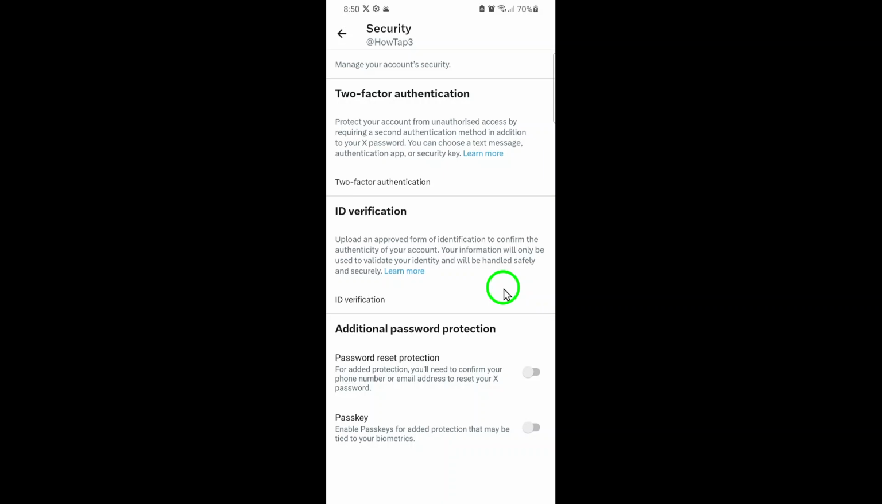space online. So if you haven't already, go ahead and set up password reset protection today. It's a fast and simple way to give yourself an added layer of security that can help you avoid headaches